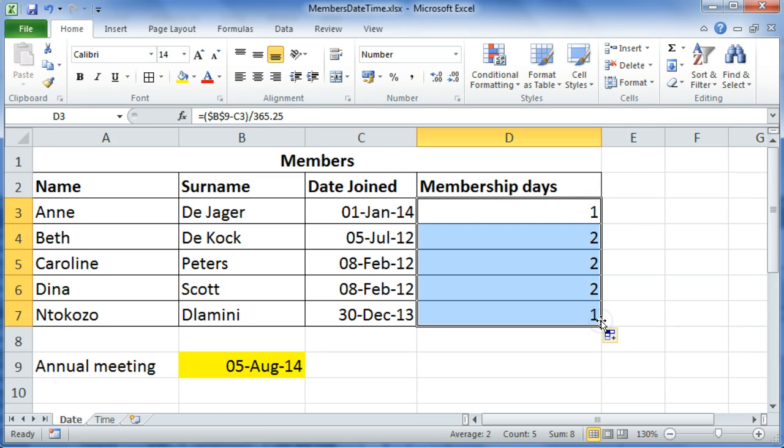Let's copy that down. Remember, it's probably rounded, so let's just add some decimal places here. Okay, I'm going to add 2. So here you'll see that she hasn't been a member for quite a year yet. It's actually 0.59. Beth has been a member for just over 2 years. And if you look at Ntokozo here, she's been a member for about half a year, which seems kind of